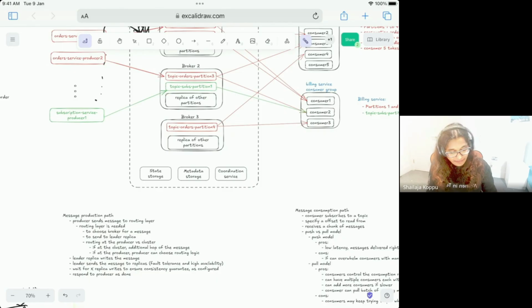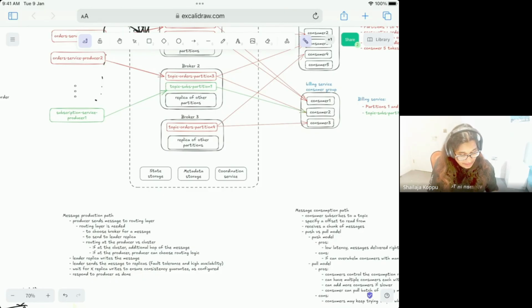Within one consumer group, there can be multiple consumers. One consumer processes data from one partition. There can be extra consumers, in case one of the consumers dies, an idle one can take over. Or there can be fewer consumers than partitions. In that case, one consumer has to do more work. It has to process from multiple partitions.